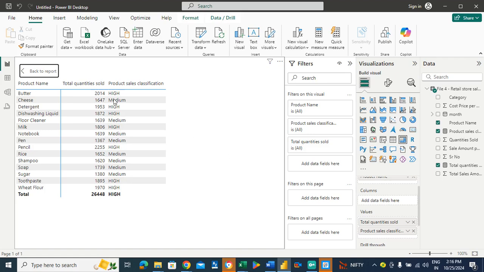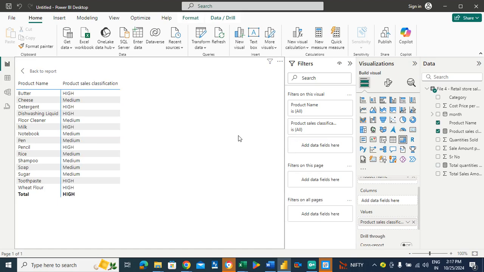Now I'll go back to report. Before that, I'll remove this. So let's say that your manager, or the decision maker, let's say the VP of the company or the president, asks you: I want to see which products have high sales value and which are completely low. Imagine he's asking you this question, and that's where this switch function will be very, very handy. You have to imagine that you have lakhs of rows. Just to give you